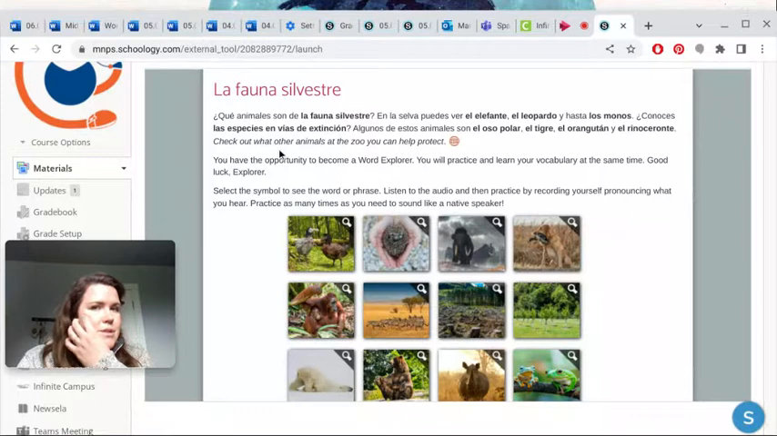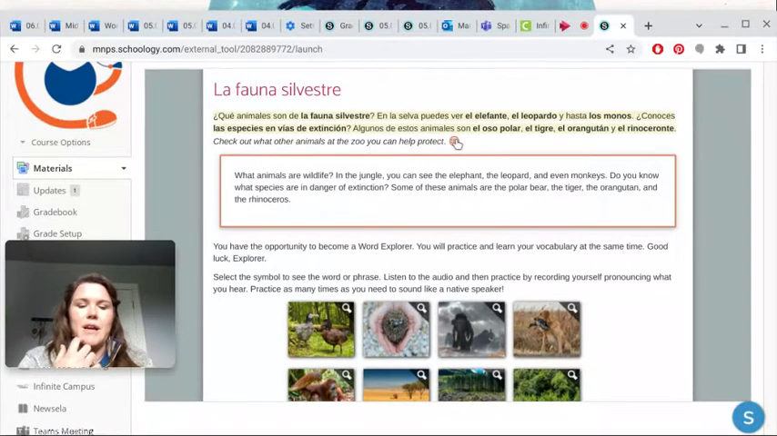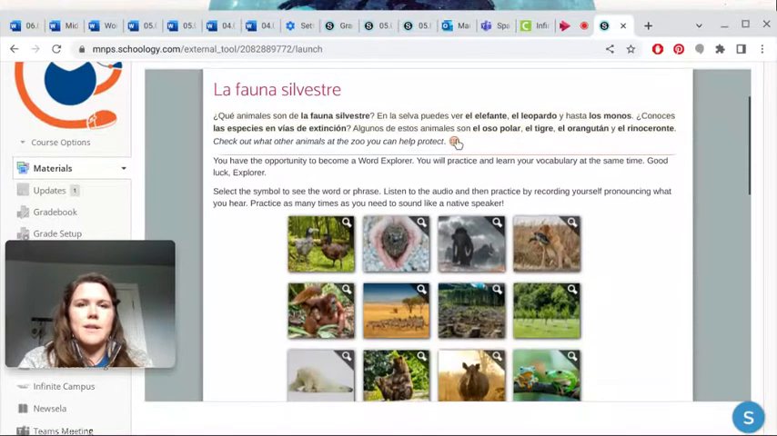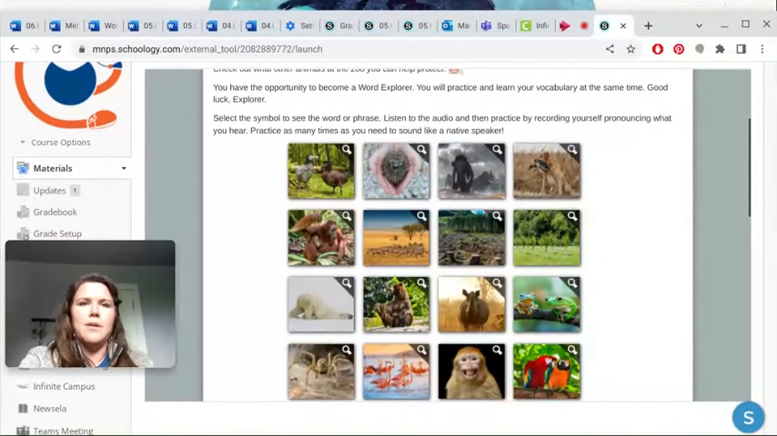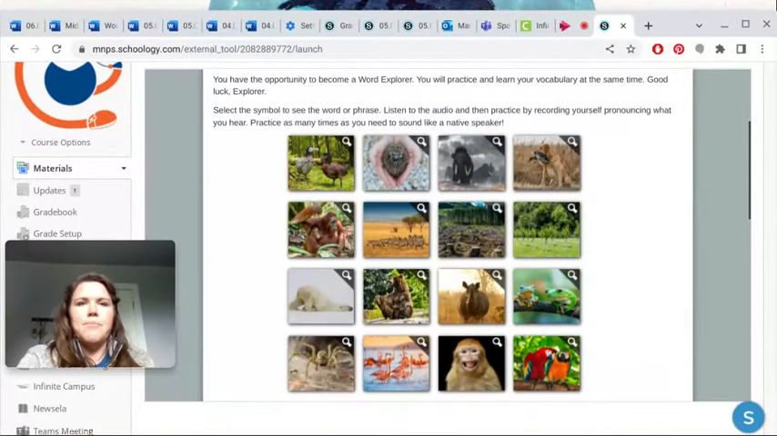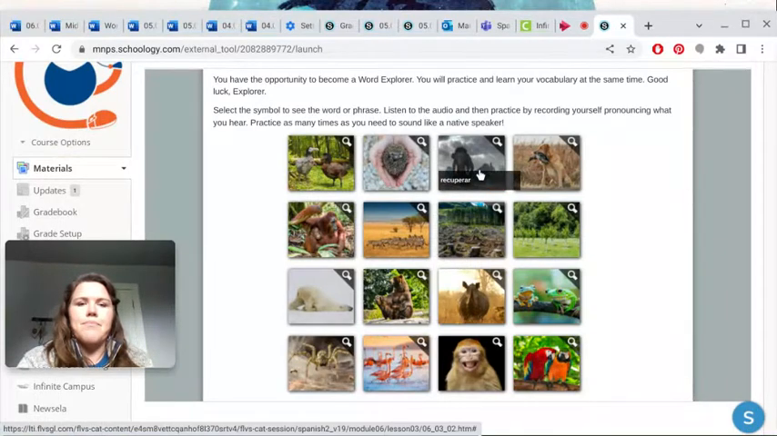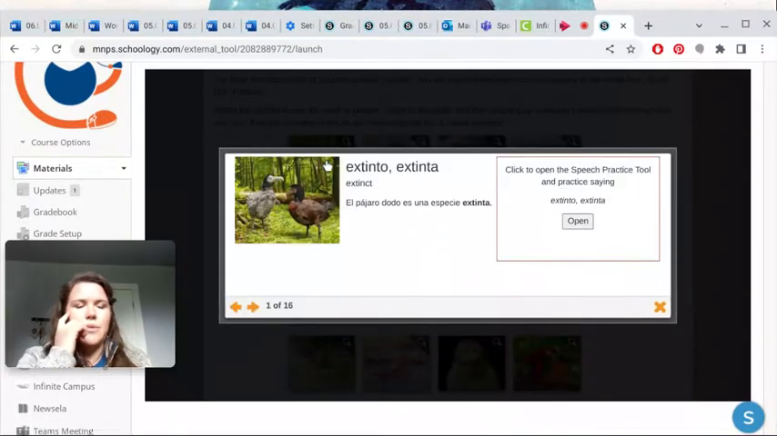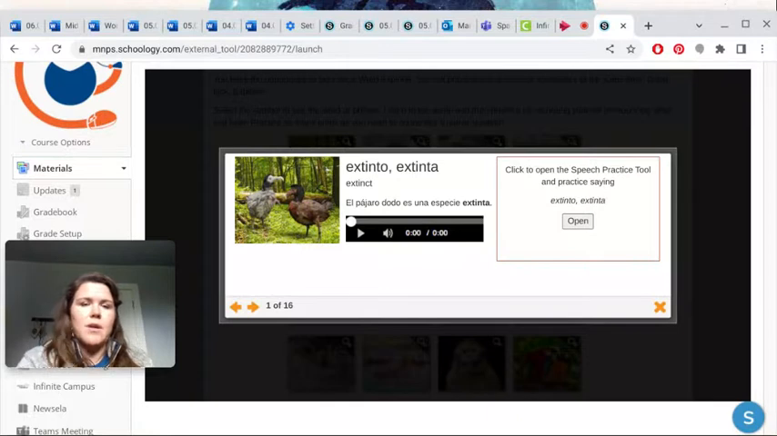Check out what other animals at the zoo you can help to protect. If you want the English also, you can open that. If you click that globe, you get the English to help you as well. Okay, so this section is the same as previous lessons where you click on these and you get to practice your vocabulary 3 different ways. You get to see the word, you get to hear the word, and you get to practice speaking the word